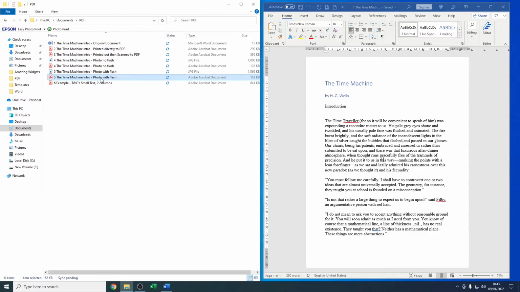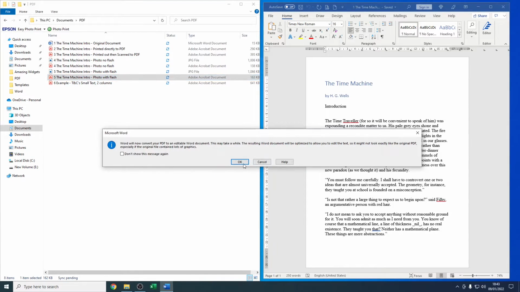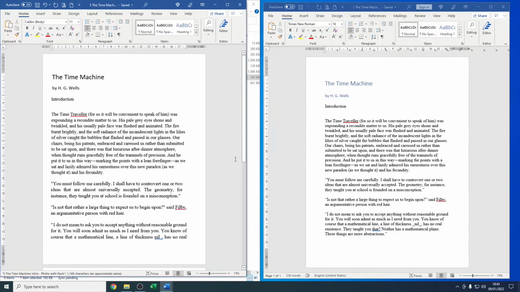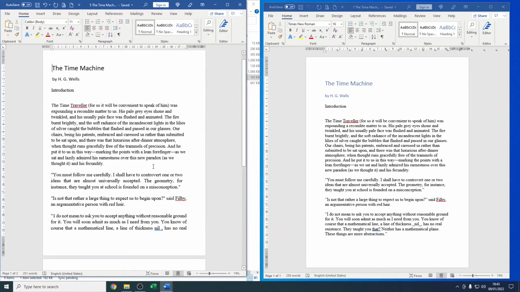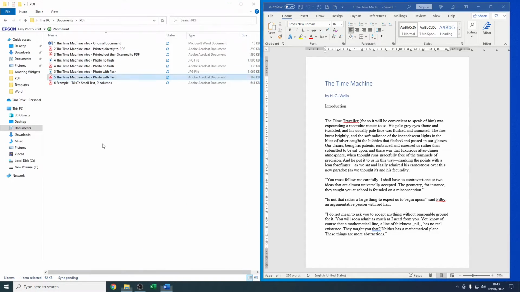So this is my version 5 now, photo with a flash. Let's see what it makes of it. Now, look. It's probably not perfect, but it's a lot better than the one without the flash. Okay, so you can see from that really you need to get a good quality image and as large as possible when you convert it to a PDF. There's no good having it as a small image because it'll struggle to read that document and it'll struggle to read the text.